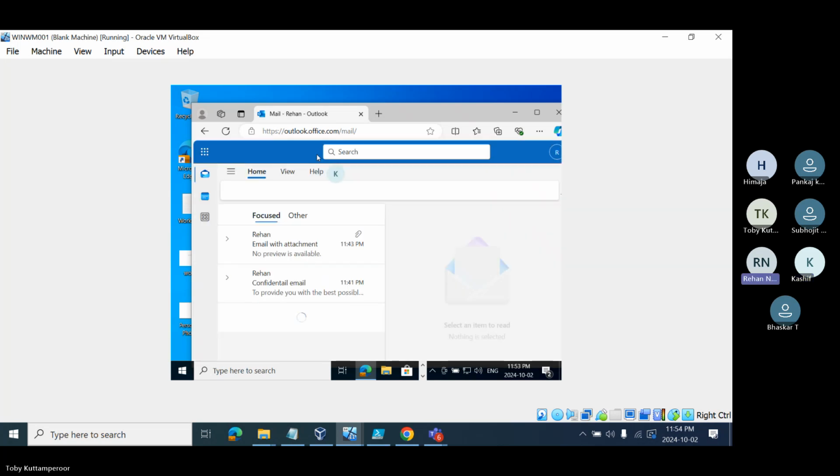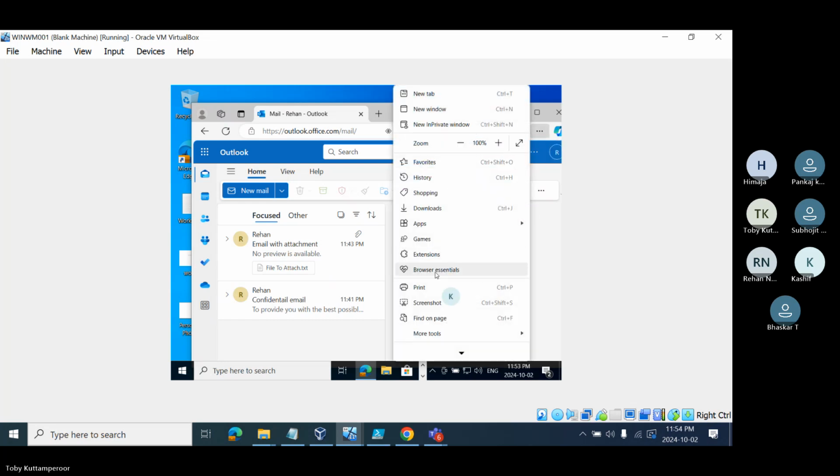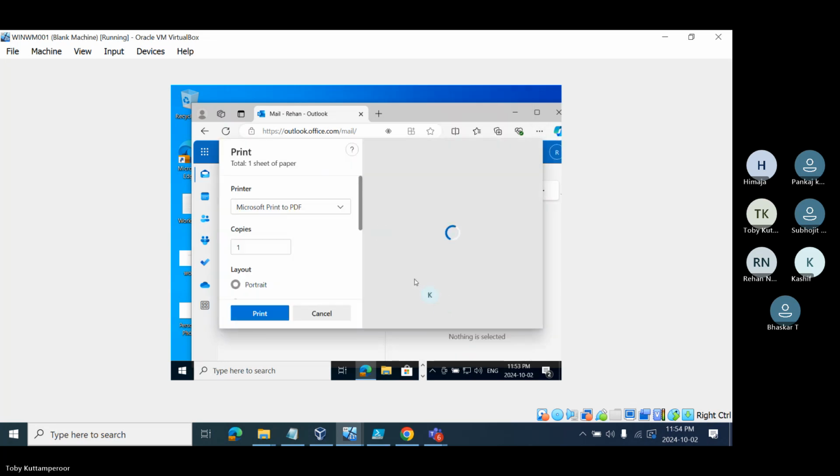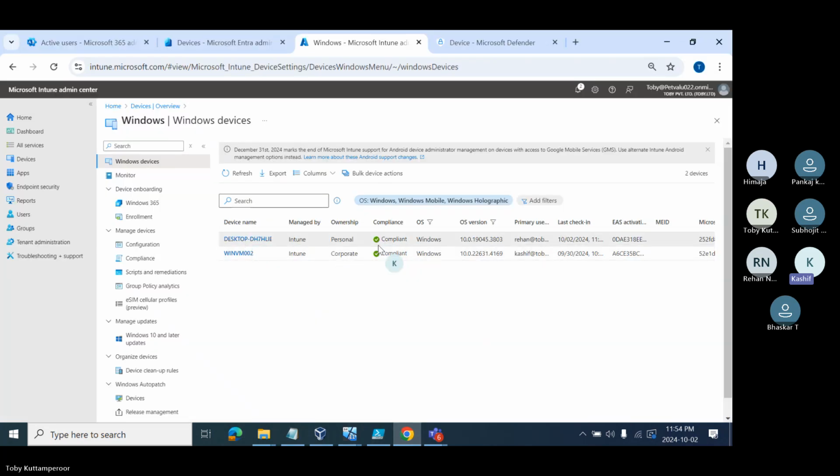Outlook.office.com. Why that policy did not apply? The other one, let me see. The other policy did not. The first policy,